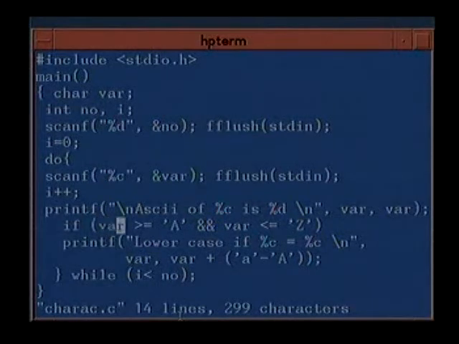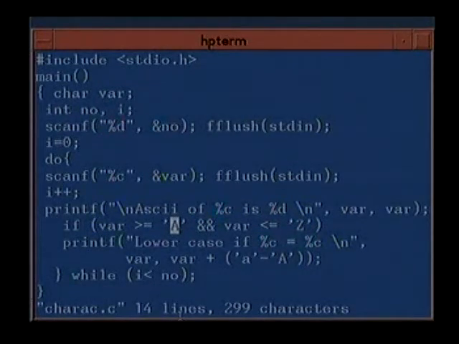A character var can be compared with 'a', but you must give it in quotation marks. It will also compare less than or equal to 'z', but you must give it in quotation marks. What happens is the ASCII values are compared. They are simply compared like integers in ASCII terms, and equality, not equality, greater than or equal to, less than or equal to, all these comparisons can be done. Also in the ASCII format, the characters small a to small z have contiguous values. Similarly, capital A to capital Z also have contiguous values.